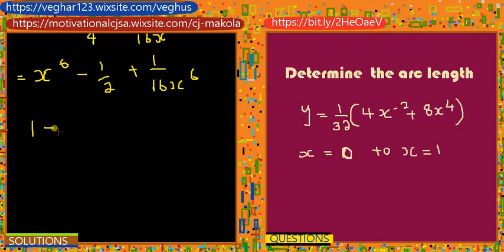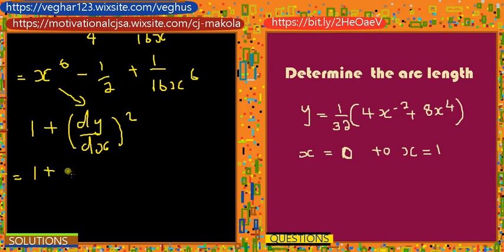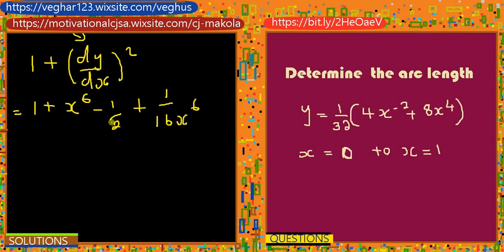after this stage, adding 1 like this. This is another stage, because we are done with this one, the whole thing is here. We just add 1 to this one. So we start by adding 1, we put 1 here, and then we'll have something like x to the 6 minus 1 over 2, and then plus 1 over 16x raised to 6. And then from here, these are the like terms, these are numbers, 1 over 2 and 1. So adding these two, you'll have something like